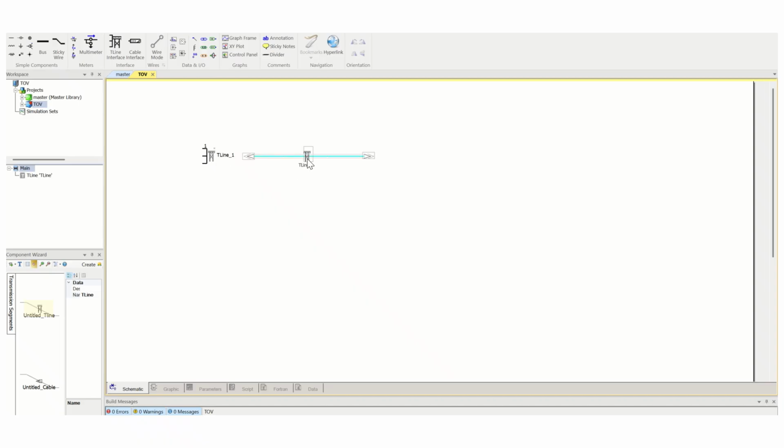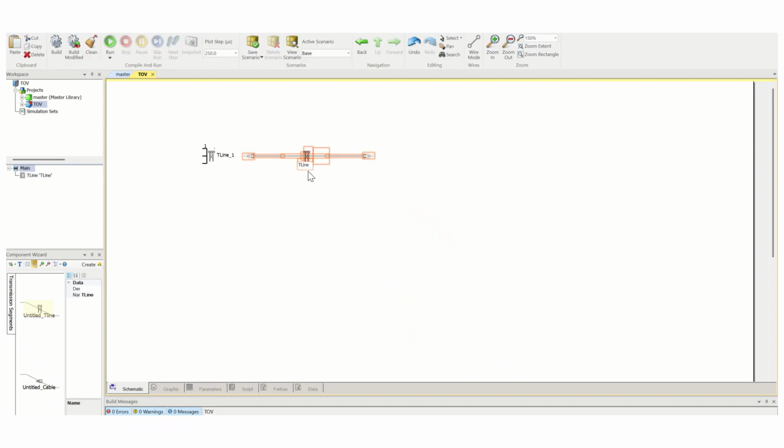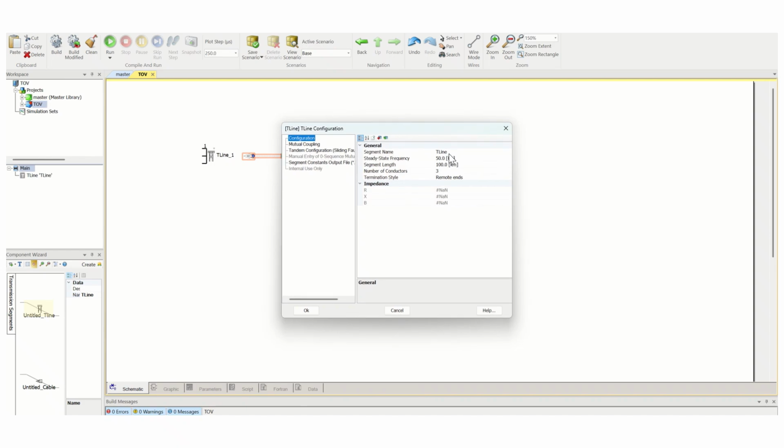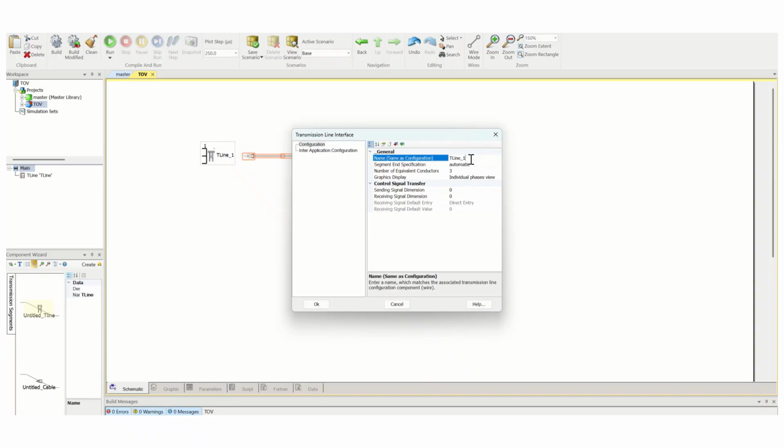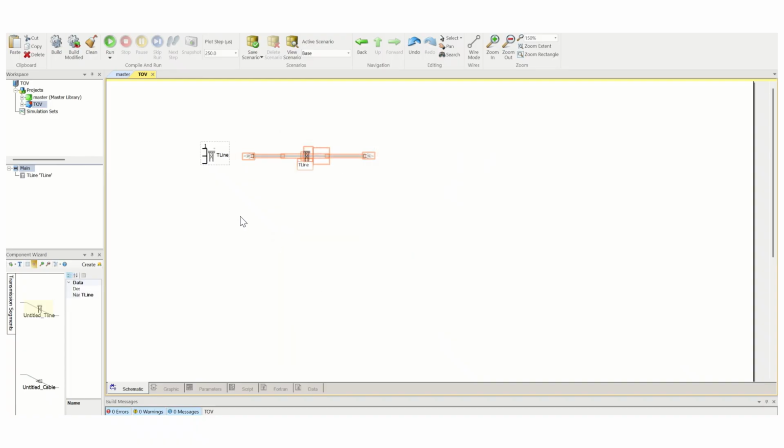We need to provide the same name that we have used here, the segment name. I copied the same name, and here I paste it. T line automatic, number of equivalent conductor 3, yes. Similarly we will copy and paste it at the right hand side, means both the ends,